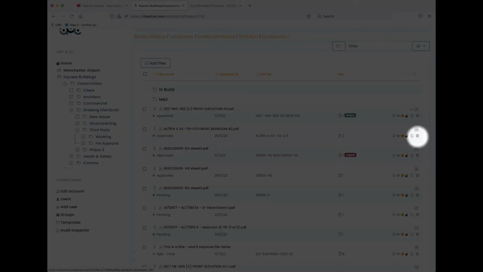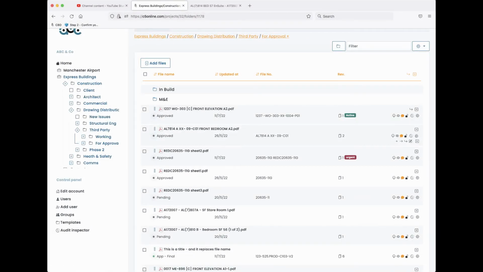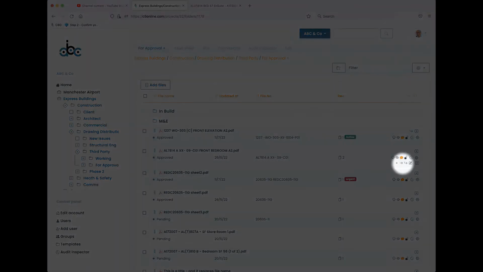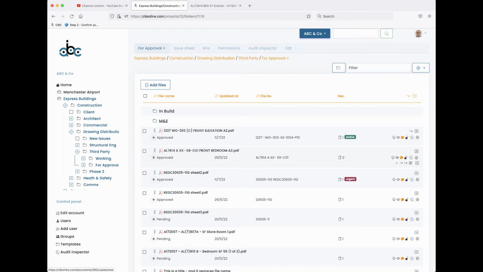The cog icon opens up further features and functions that you have about this particular file. The first three options relate to what we might call file management or file manipulation, and in order they are: the first arrow would allow you to move a file, the second arrow would allow you to take what we call a static copy of a file, and the third arrow is called a dynamic copy or a link file in those instances. Now I'm going to cover those in a separate video, so I'm going to go straight onto